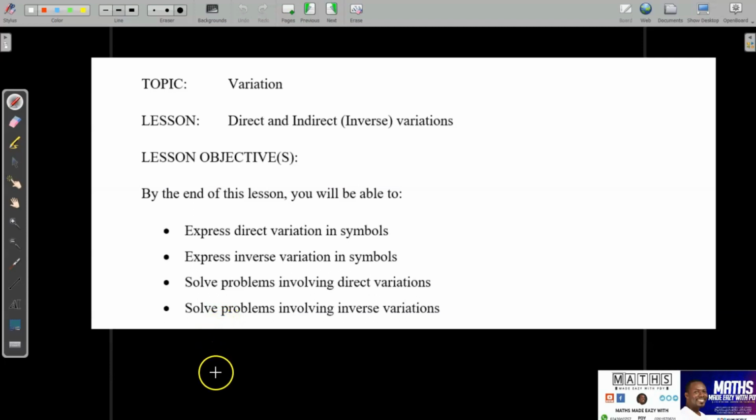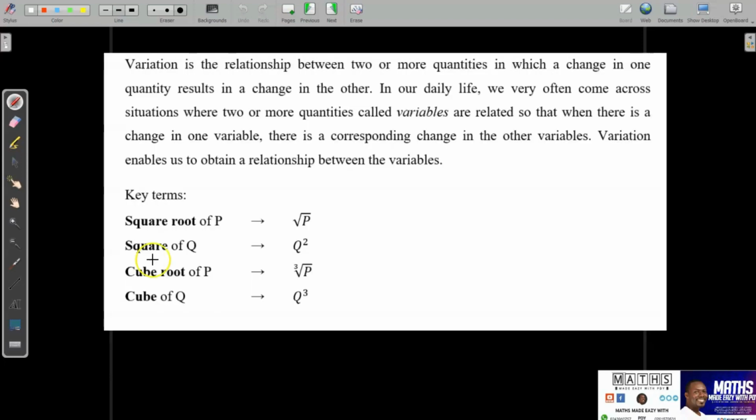Since we have good background in solving equations, variation is going to be an interesting topic for us to consider. So as I introduce the lesson, we are going to consider the topic variations. Someone may ask, what exactly is variations? Variation actually shows the relationship between two or more quantities in which a change in one quantity results in